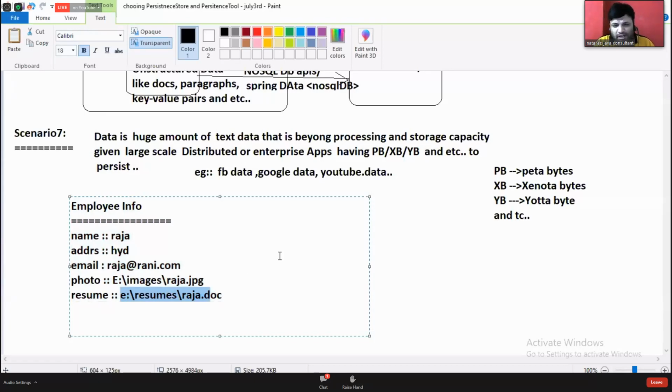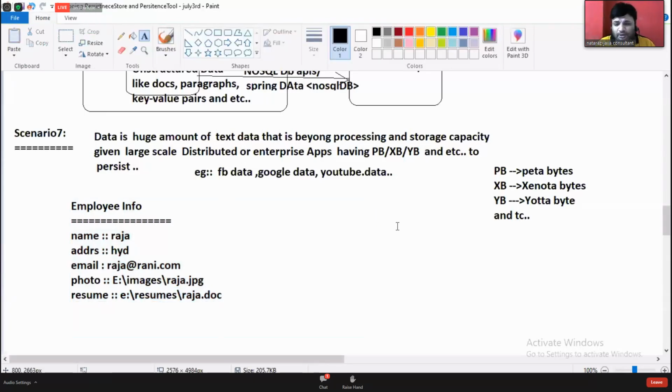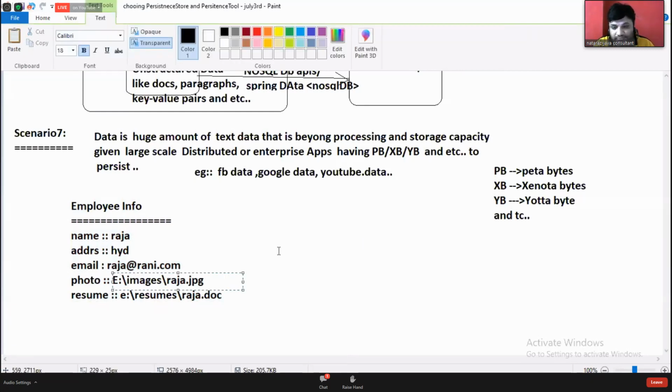This is one model here. There are some software that hold all these files and generate some unique numbers, and those unique numbers will be added here. In JDBC class, I used that software name. Can anyone tell me?